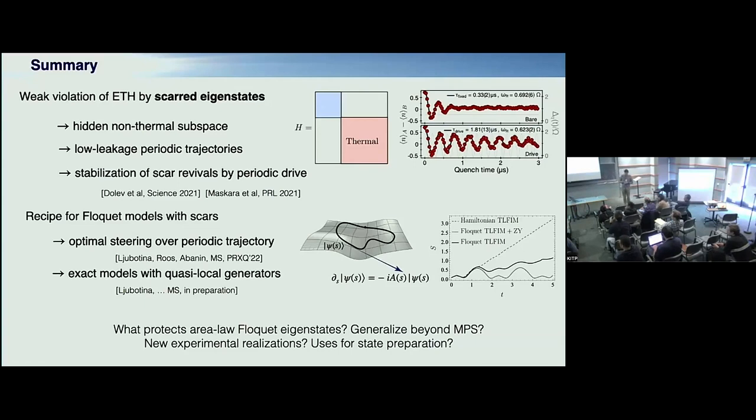Yeah, I had a question. Have you thought at all about the structure of this A of S, like these quasi-local generators, when you have maybe certain assumptions on the Hamiltonian? So, for example, if you have integrability in an XXZ chain, or some global SU2 symmetry, where the SU2 symmetry kind of appears miraculously in the PXP, but maybe you can assume SU2 at the beginning and see if there's some more constrained structure on these quasi-local operators we've derived.